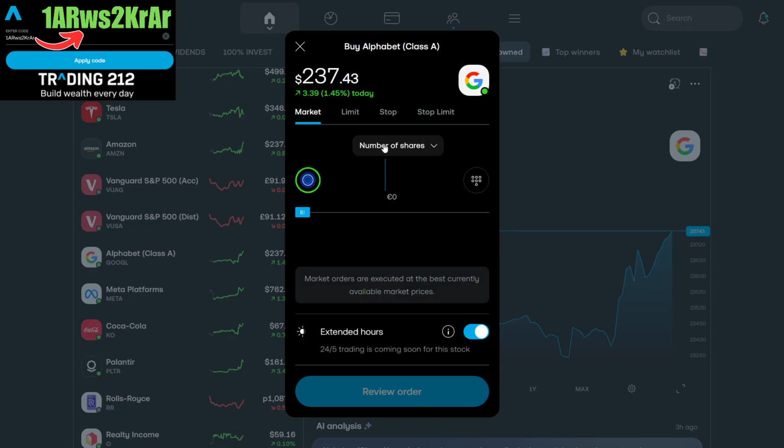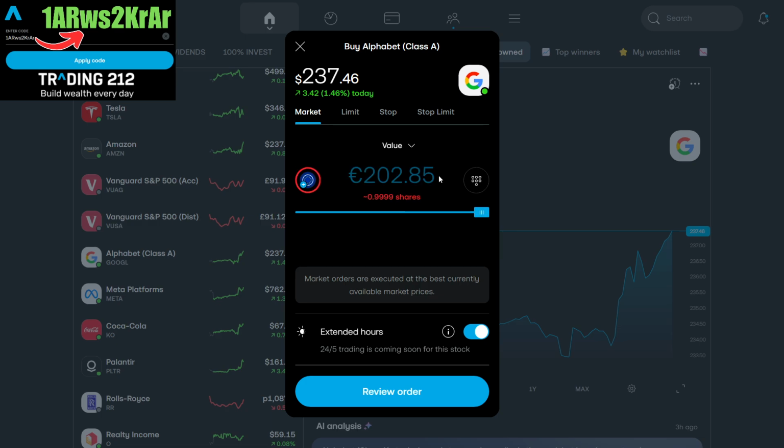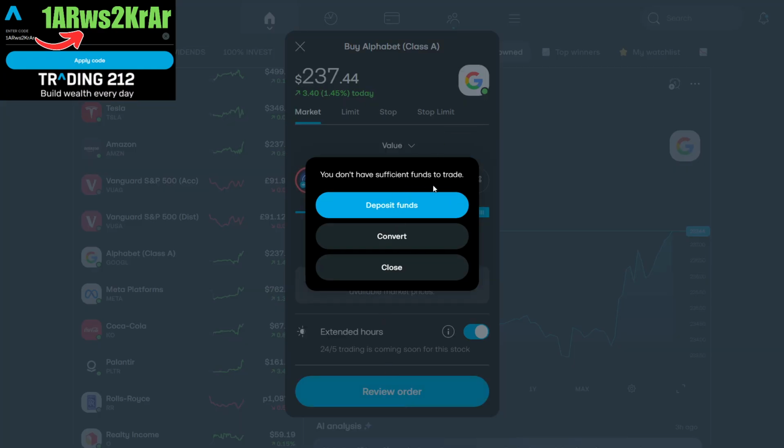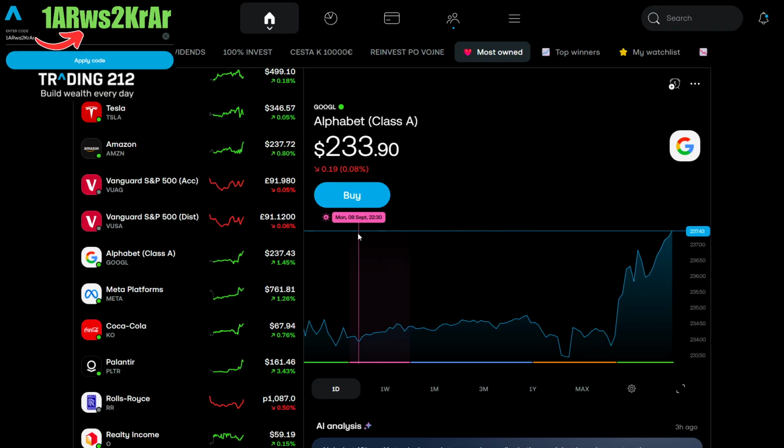I pick a buy for number of shares. So for example, I will pick one share and it will be over 200 euros. But if I want it in euros, I just simply choose 100 and I will just simply click on review and just simply make the payment,